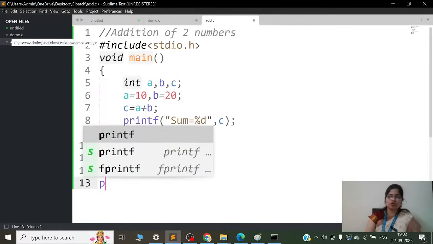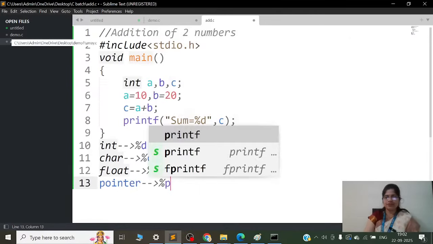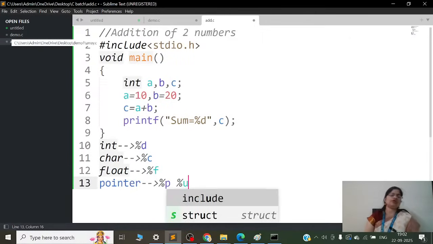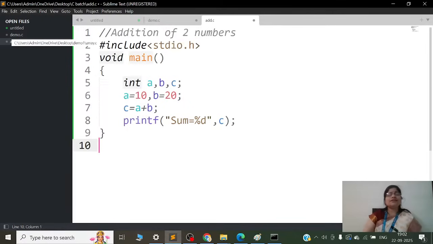जब भी आप यूज करोगे पॉइंटर या एड्रेस आपको एक्सेस करना है तो यूज कर सकते हैं %p या %u, यूज होता है एड्रेस के केस में. तो अभी इंटीजर रिजल्ट था इसलिए %d यूज किया. ठीक है. नाउ this is the program to get the result of the values which we have assigned. But now I want to create a program to get the input from the user. Okay, user से input लेना है.